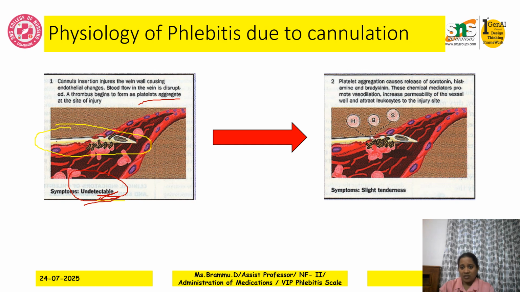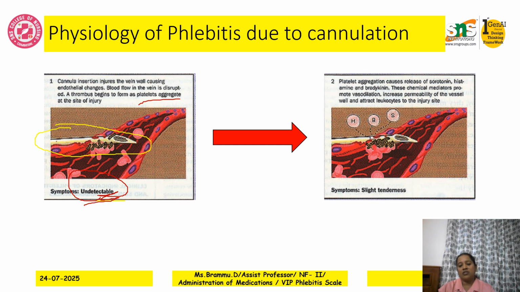This causes increased permeability of the blood vessel, and it attracts the WBC to the injured site. So it's nothing but our antigen-antibody reaction. As soon as a foreign matter comes into the body, you can immediately see the antigen-antibody complex getting aggregated and all these chemical mediators coming to that particular site, and you can see that the patient will be having certain